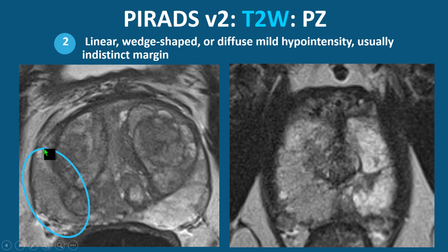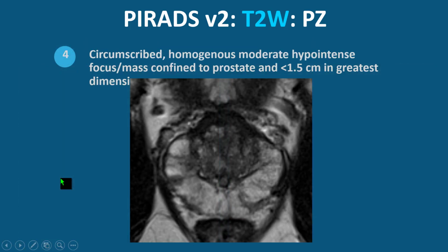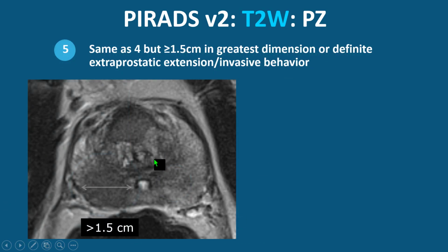This is a little bit more difficult, this area over here. This is slightly hypointense, not really sharp. This is edema and inflammation due to prostatitis. And this is the normal peripheral zone. This is scar tissue, it's triangular, it's sharp, it's not really a mass, but it's fibrosis. Now here it becomes a little bit more clear that we have a lesion, and this is called a 4 at T2. And finally, if you have something like this, it is of course a 5.